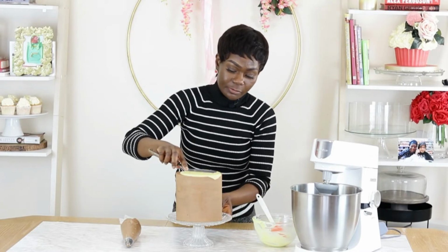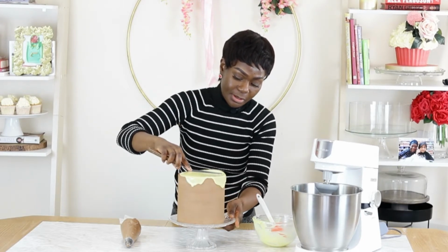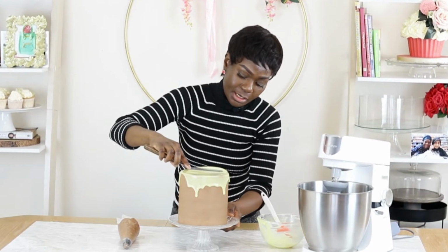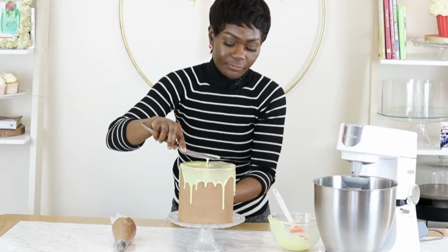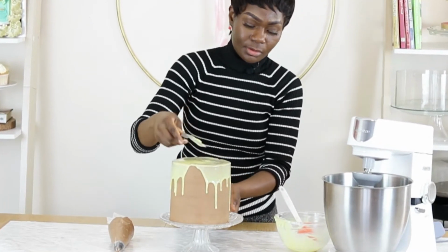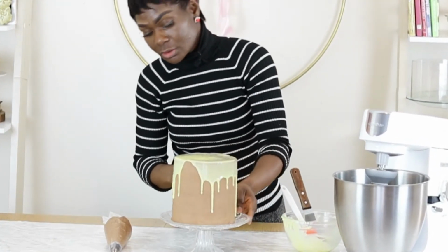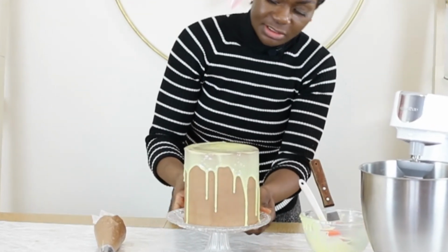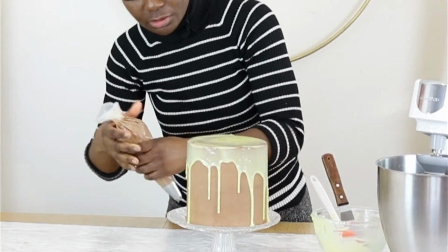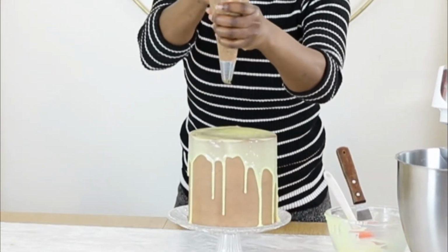I am not aiming for perfection of this drip. I'm just aiming for it to fall on the side just enough, and there you have it. So whilst this is dripping on the side of the cake, I am going to go ahead and pipe